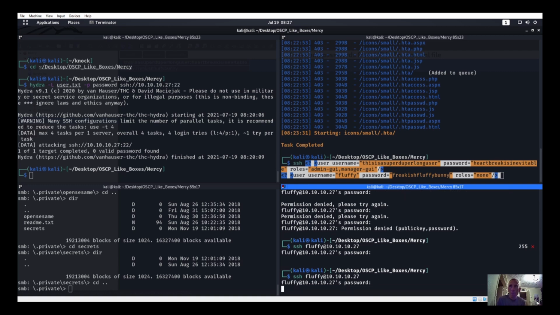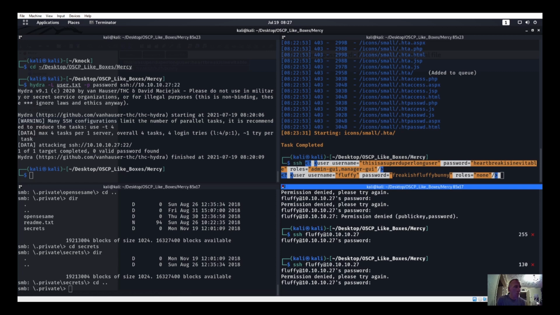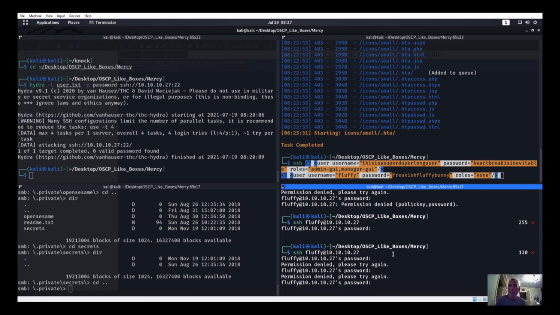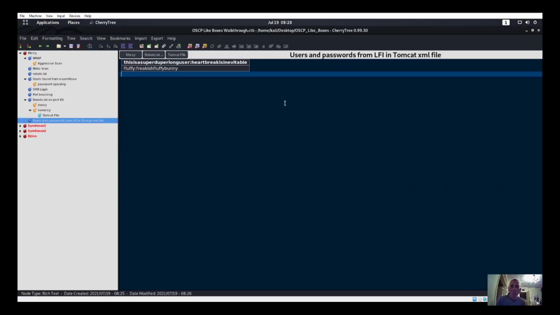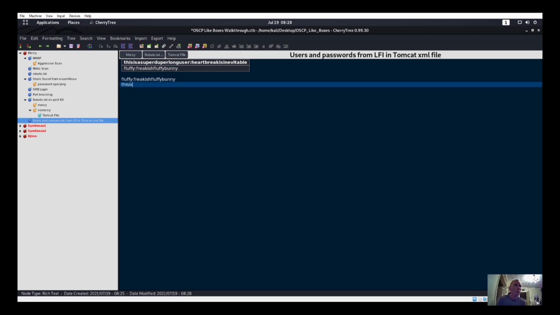Let's try that. If that doesn't work, I'm just going to type it in. Freakish-Fluffy-Bunny. Freakish Fluffy Bunny. Okay, it's now looking like it's it. Alright, that's okay. I'm going to go ahead and also just fix that over in here though. So we can do Fluffy is Freakish Fluffy Bunny, and this is a super duper long user, and that is